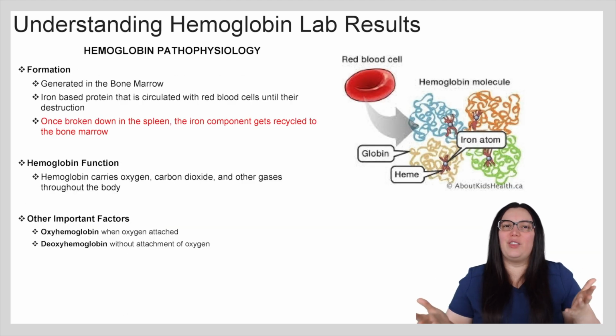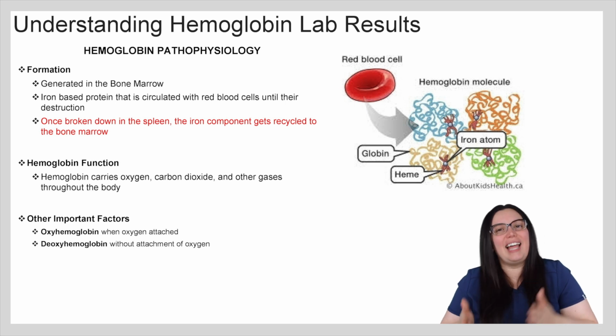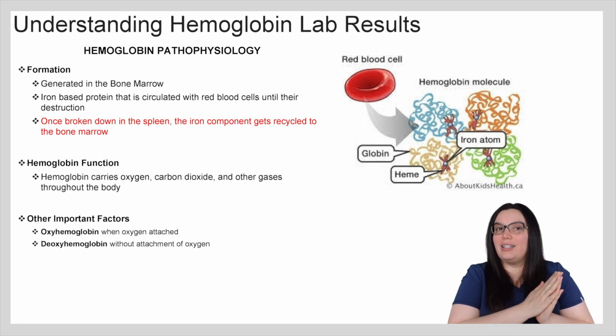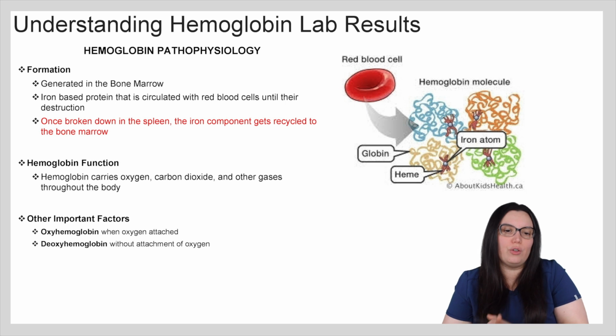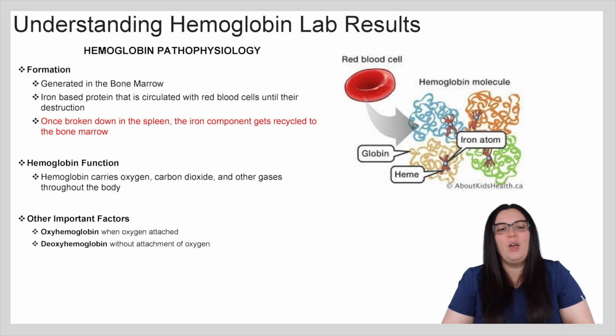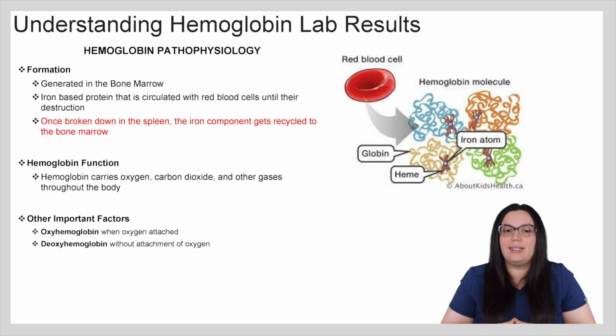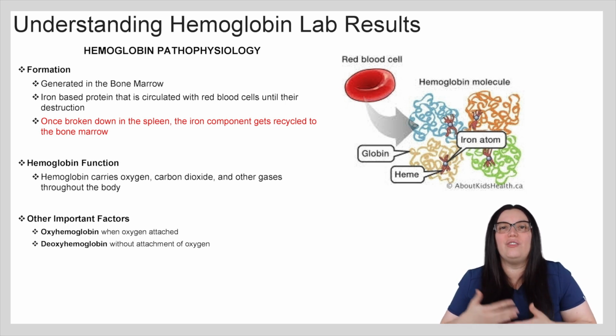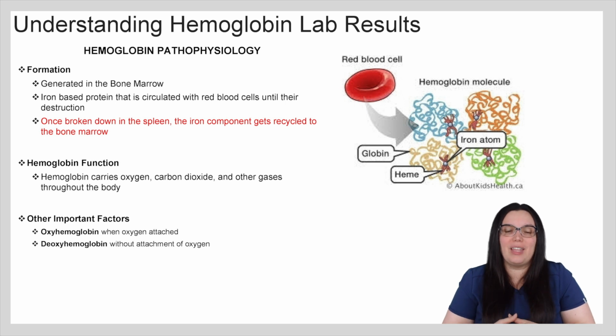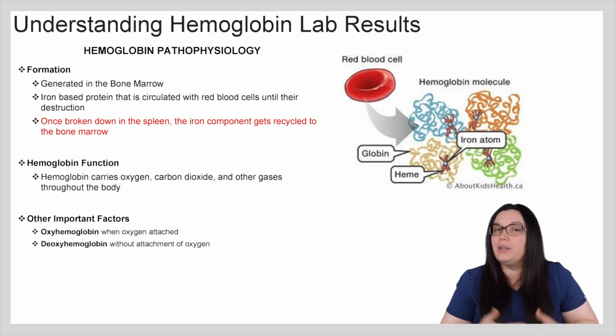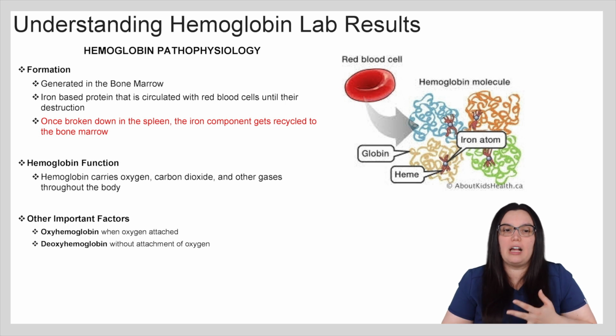So let's talk about the pathophysiology of hemoglobin. Like we discussed before in our red blood cell lecture, if you haven't checked it out, make sure that you do. It'll be extremely helpful for this lecture. We know that hemoglobin is generated in the bone marrow. Hemoglobin is that iron-based protein that is circulating with red blood cells until their destruction. Once they are broken down in the spleen, that iron component gets recycled to the bone marrow for additional red blood cell production. So the main function, like we discussed before, is that it helps carry oxygen, carbon dioxide, and other